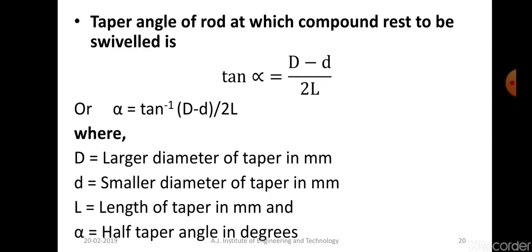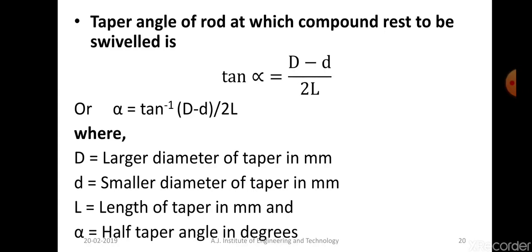So if you want a uniform reduction in diameter, that is, the initial diameter on the left hand side has to be 25 and then at the right hand side the diameter has to be 20, but in between there should be a constant variation. That means 25, 20, I'm just giving an example. Let's say in between it should be 25, 24, 23, 22, 21 and then 20. There should be a constant reduction in the diameter. Uniform reduction in diameter is called taper.